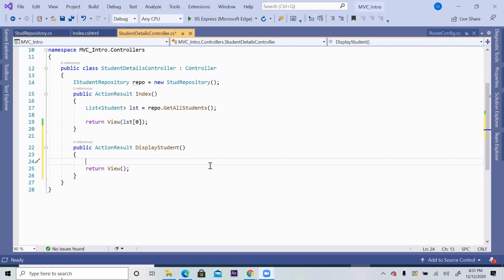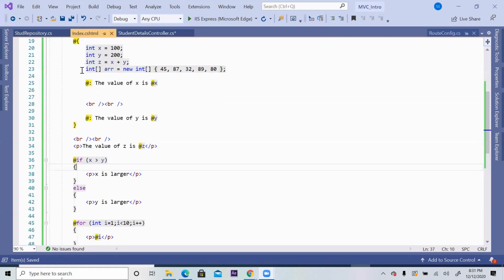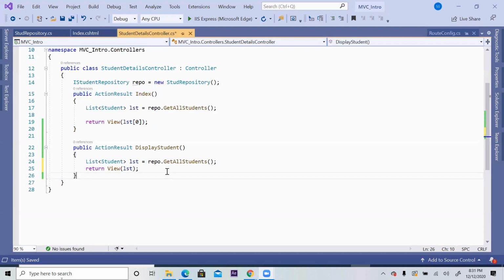Now, yesterday, whatever we did to display students like this, today also we'll do, but in a separate function because we don't want to disturb this Index-related Razor syntax. Otherwise, what will happen? This will be overridden by the auto-generated view. So I will generate one more view, exactly the same as yesterday, but in another action method. And there we will compare what code it is automatically generating, and whether we are able to understand it or not.